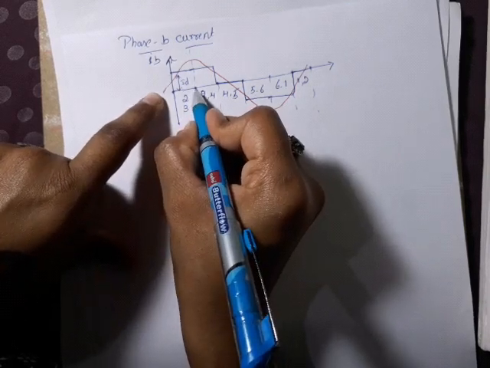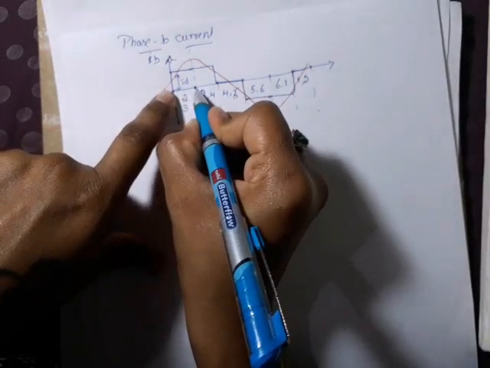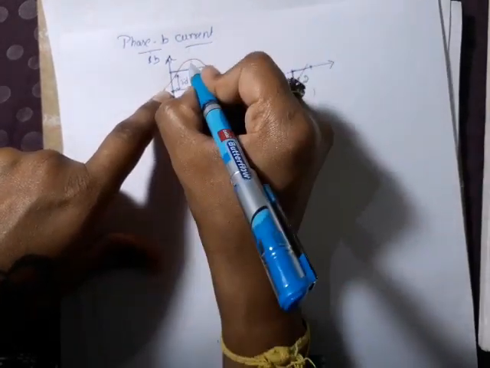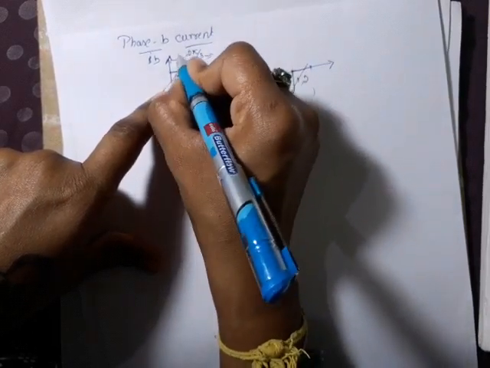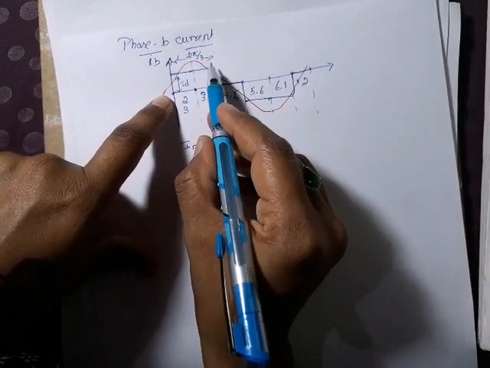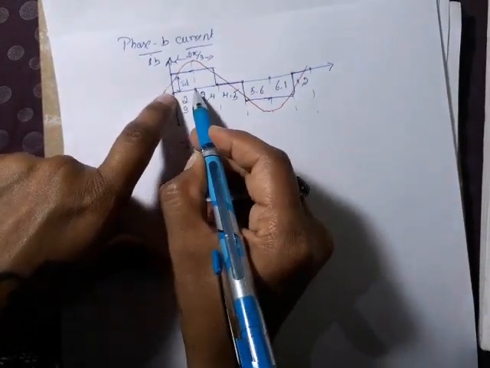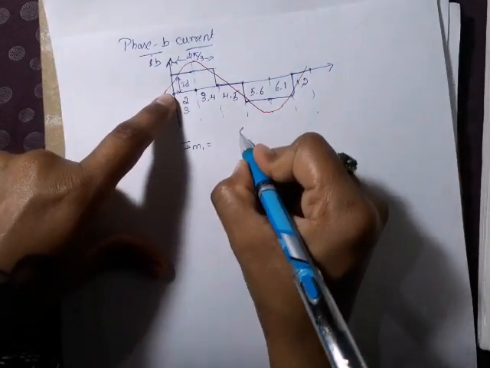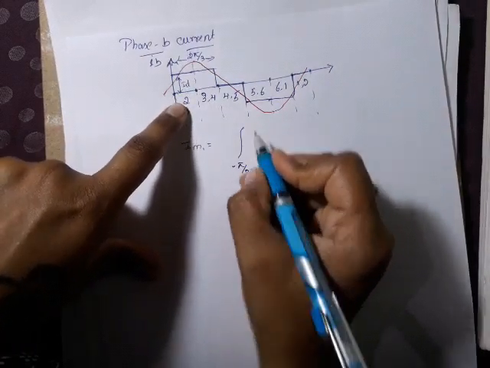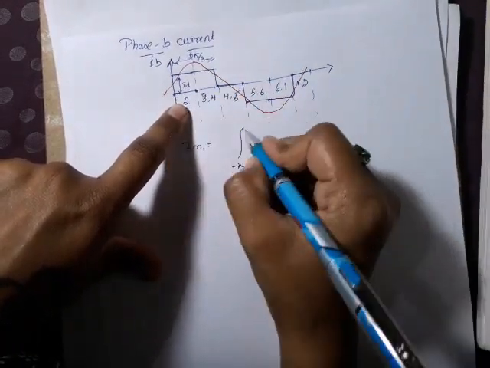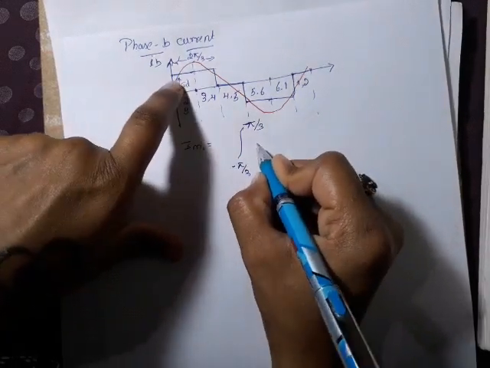So I'll take this as a reference, and in total it is 360 degrees. 60 plus 60, this conduction is 120 degrees. So it is 2 pi by 3 from here to here. I'll take this as an origin, and here it is 60 degrees, here it is 60 degrees. I can integrate between minus pi by 3, this side, because I have taken this as a reference, and plus pi by 3.